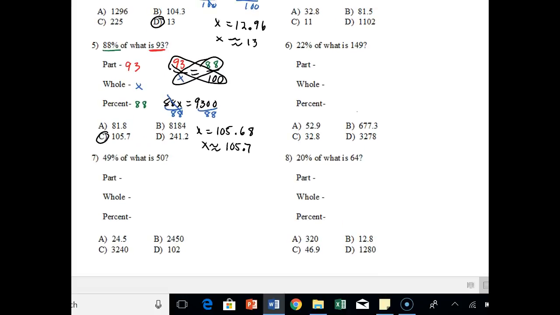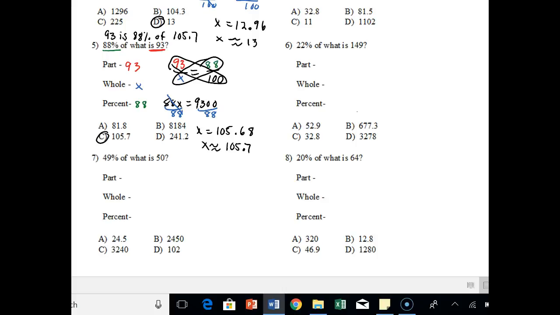So what does this mean? It means that 105.7, what's the part? The part is 93. 93 is 88% of 105.7. So notice the difference between this and the last ones, right? Here we found the whole. In the last ones we were finding the part. So because we found the whole, we know that 93, which is pretty close to 105.7, right? You just need a couple more holes to fill in, is 88%. Just think about if you shot 105 free throws and made 93 of them, you would have a pretty high